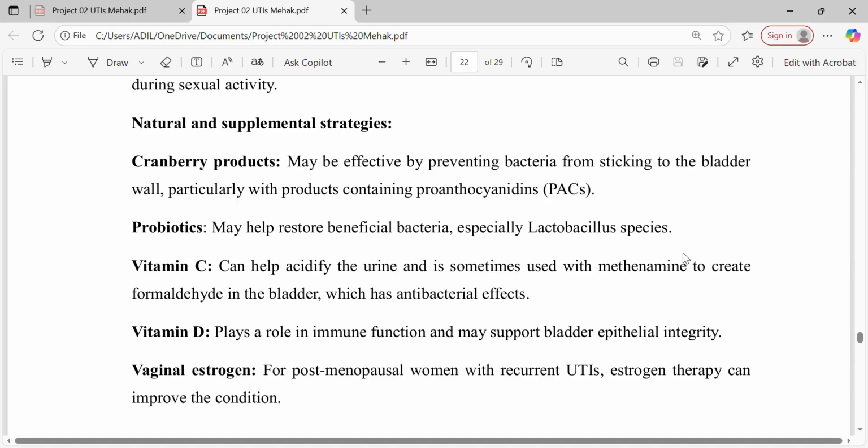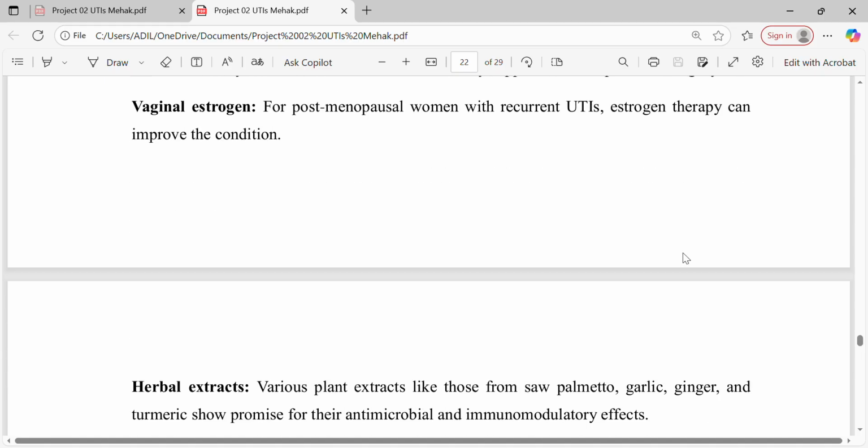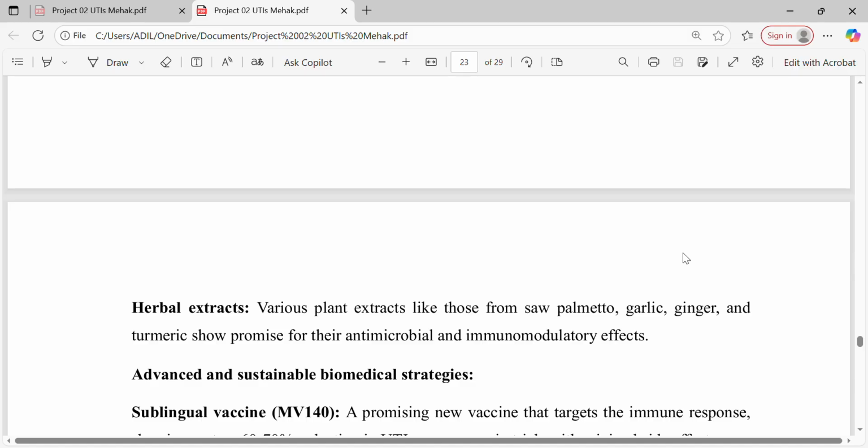epithelial integrity. Vaginal estrogen for post-menopausal women with recurrent UTIs. Estrogen therapy can improve the condition. Herbal extracts: various plant extracts like those from saw palmetto, garlic, ginger, and turmeric show promise for their antimicrobial and